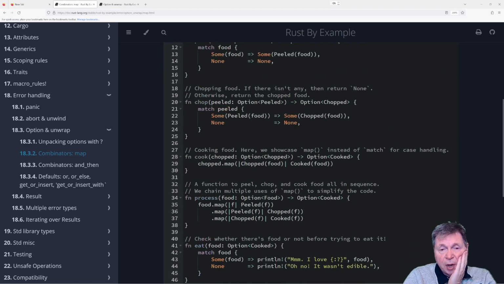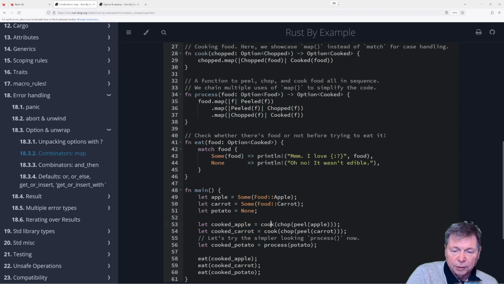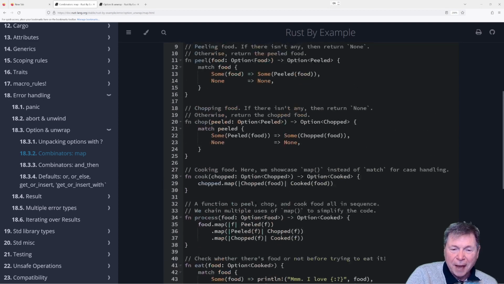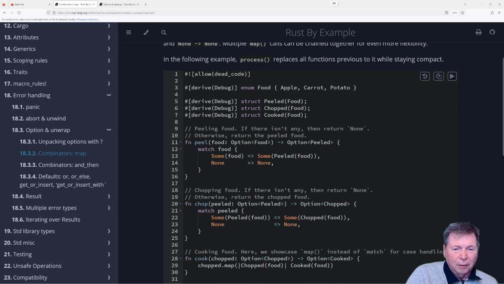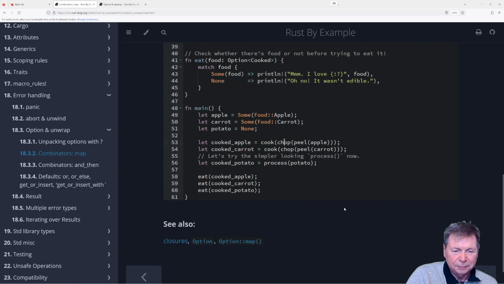Okay, so that would solve my problem in an ugly, brutal way, because I wanted to drill down. Seriously, cook, chop, peel, apple. Okay, alright, fine. Yeah, map would make it easier, only slightly. Pain in the ass.